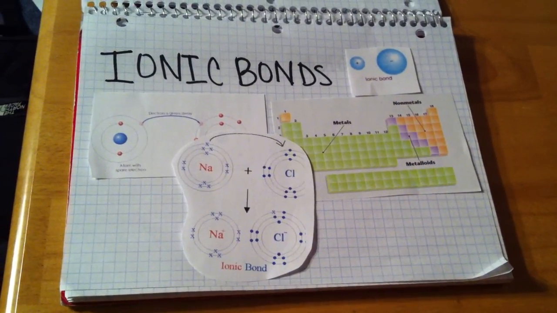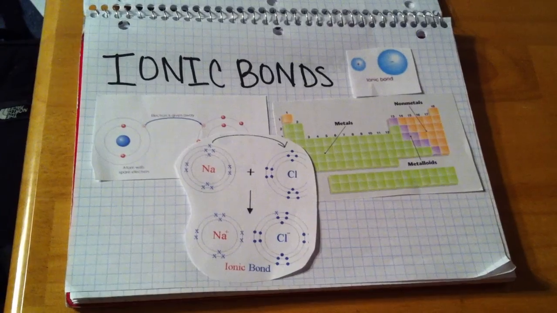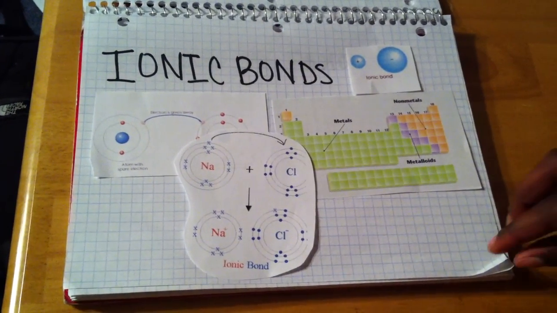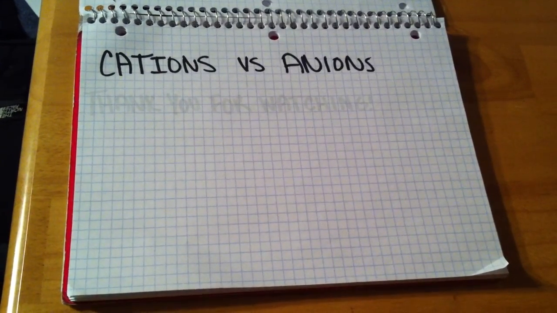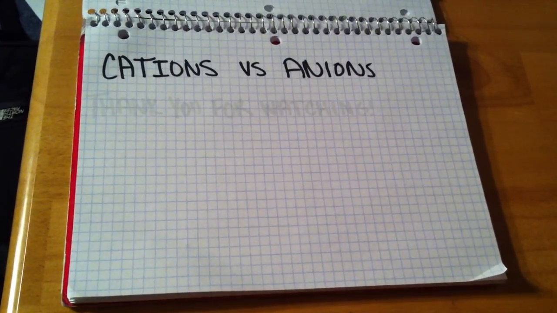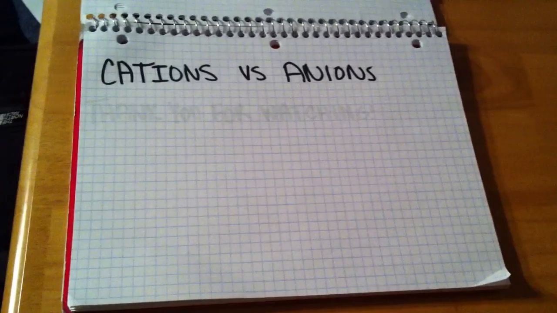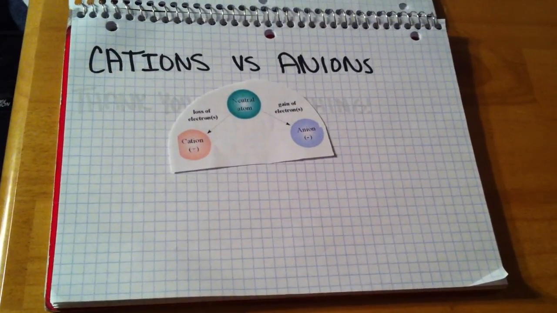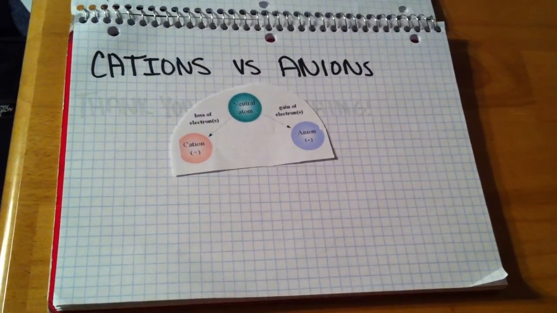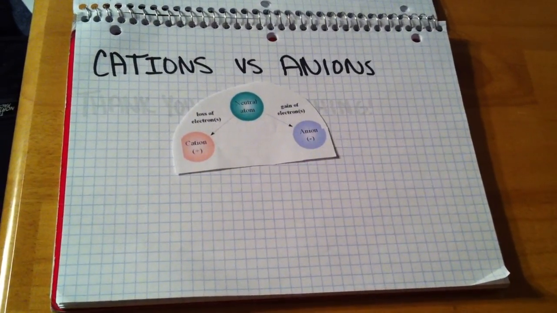Because the chlorine wants the electrons more than sodium, the electrons are transferred from the sodium to the chlorine. When an electron is transferred, the atom that loses the electron becomes positive, and the atom that gains the electron becomes negative. Based on how many electrons were lost or gained, the charge could be +1, +2, +3, or -1,